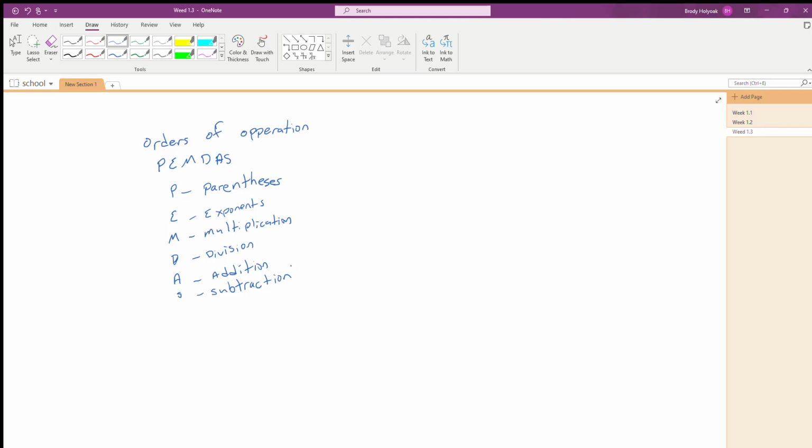So there are some caveats to that. Multiplication and division, again, those two are basically on the same level. They can be done either or, and then addition and subtraction can be done either or. And then the other general rule of thumb is with the order of operations, we're going to go left to right,